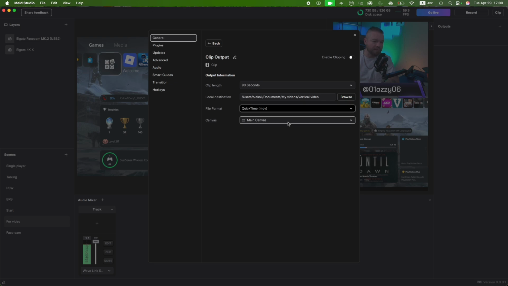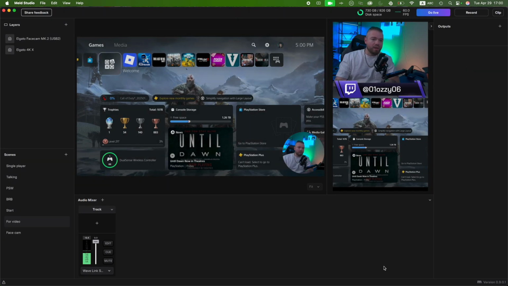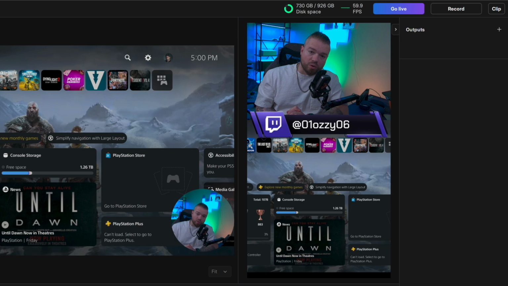And for canvas, right now it's main canvas, but that's not what we need. We need vertical canvas. And now we're good. With that, I will do enabling clipping. And with that, you see changes are saved. We can go back. And now you can do recording of your videos, making clips of your streams